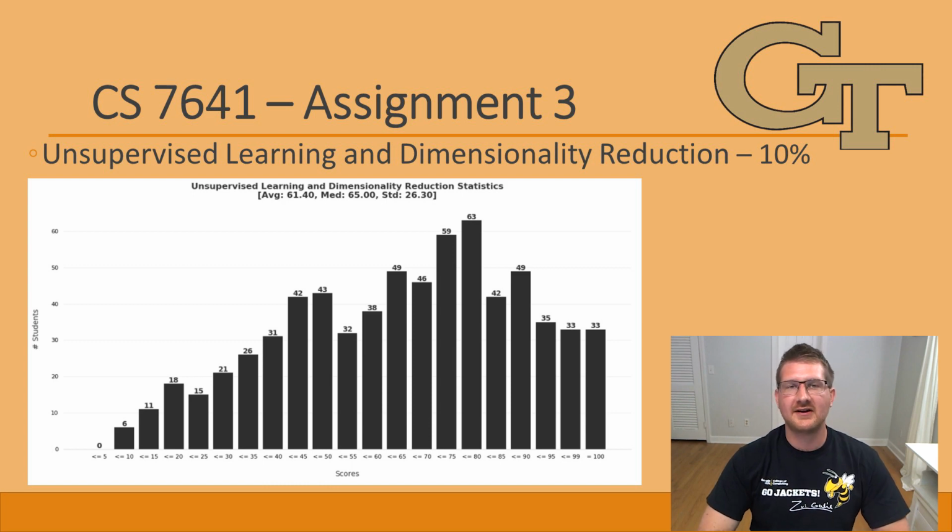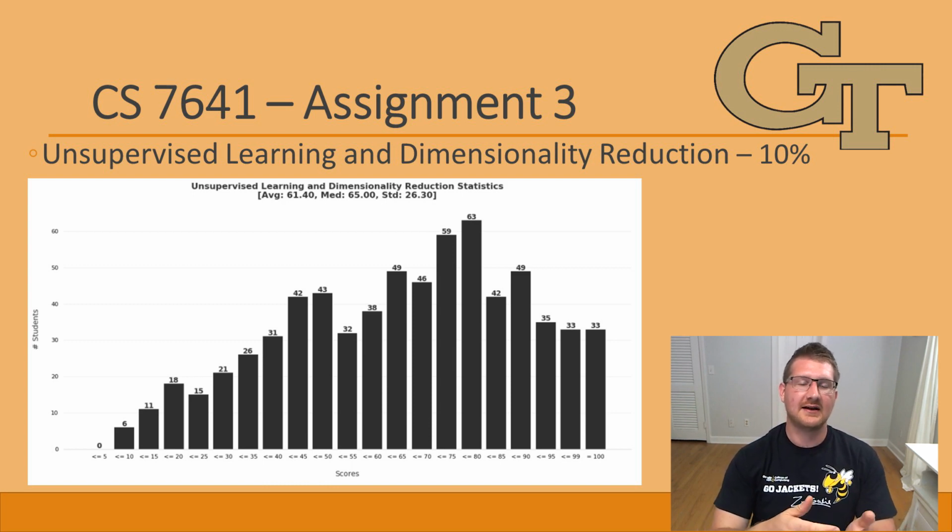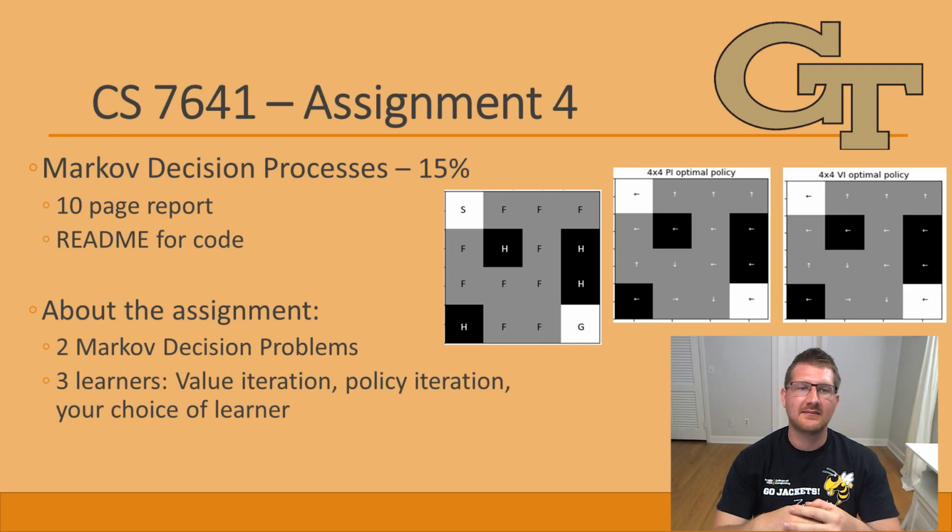And just like with every assignment in this course, this had a grade distribution, and as you can see, again on this one, the grade distribution shifted up a little bit more in terms of the average, this time being about 62%. And the last assignment was on the Markov decision process, and, like assignment 1, was worth 15%